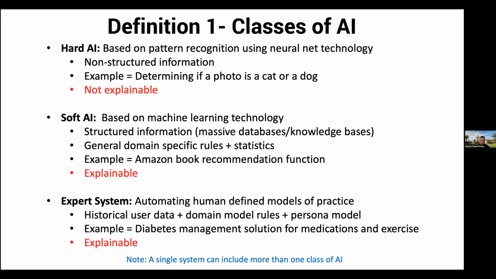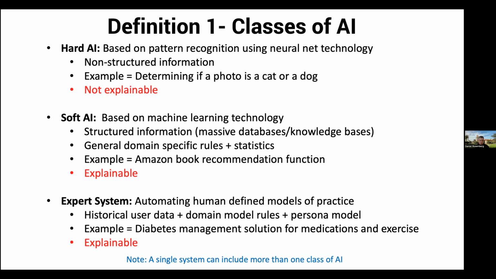And then we have historically the expert system area, where we have human beings who know how to do a task, and we try to build a digital system based on domain rules and historical data, and have that function instead of a human being. So an example would be a diabetes management solution on your mobile device, where it's acting like a diabetes coach, but there are domain rules for different levels and treatment strategies associated with diabetes. And of course, it is explainable.